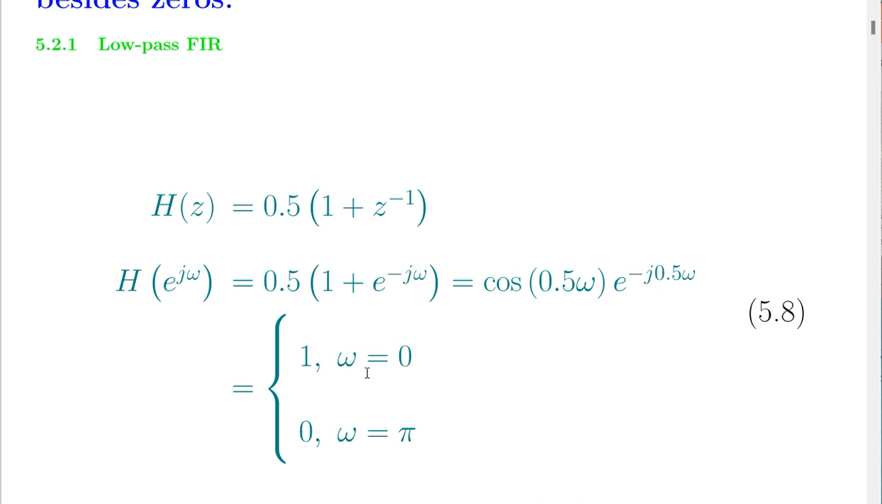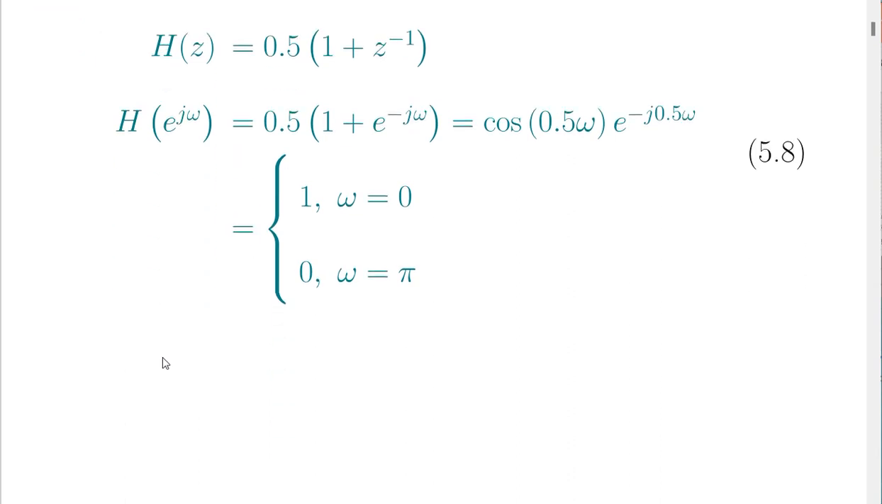It means that higher frequencies are not allowed to pass, but lower frequencies can pass. So it's a low pass. Okay? Now,